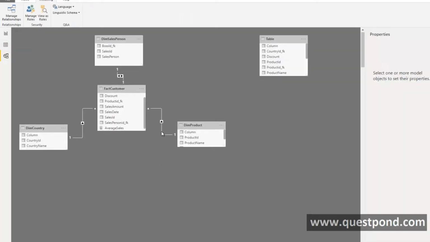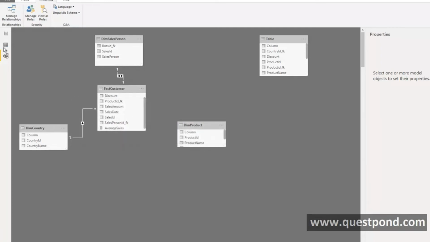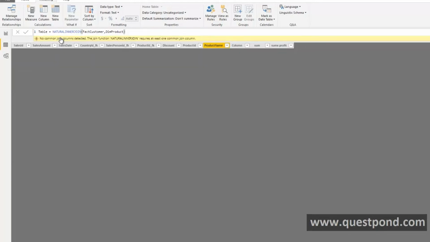But now, what if there is no join between tables? For example, now let us say I go and I delete this relationship out here. So with this, what will happen is, my formula of joins will stop working, because if you look at the natural, let's say inner join, it was using the relationship to understand how to make a join, right? But now if I press enter, it will give me errors out here saying that it requires at least one